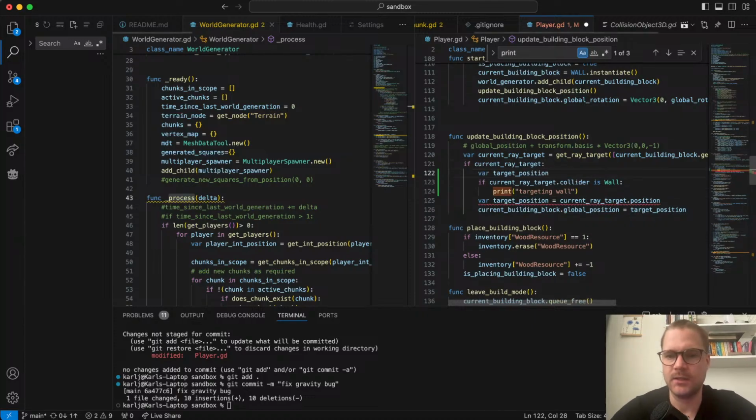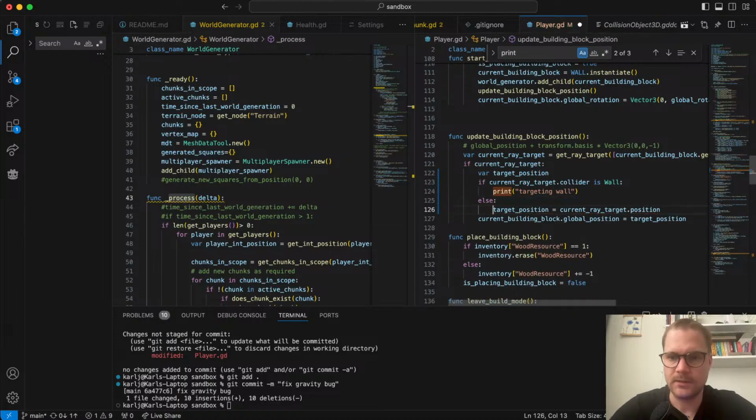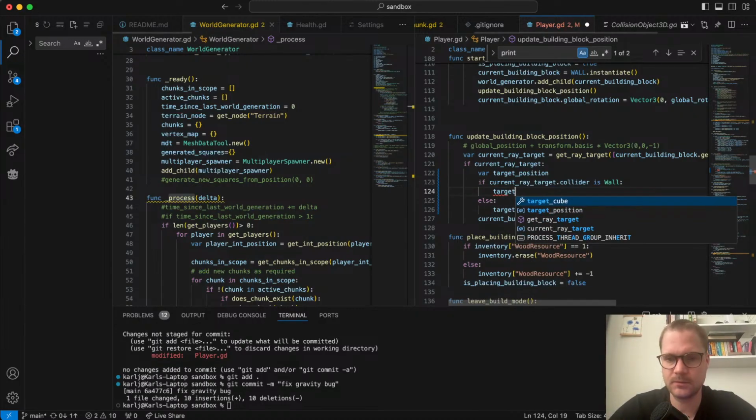That would be target position, else we use whatever we have. But if it is looking at the wall, we could do target position